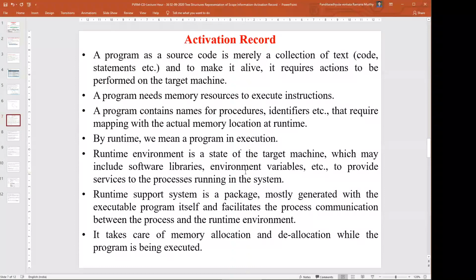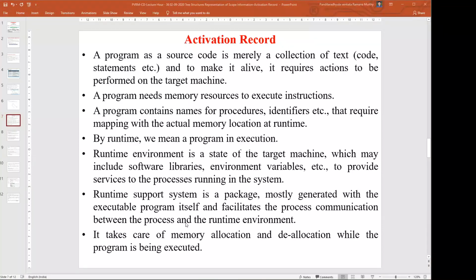It may include software libraries and environment variables that provide services to the process running in the system. Software libraries are the include files we use. Environment variables matter, for example, when we reference a printer or display: it should be available and enabled.